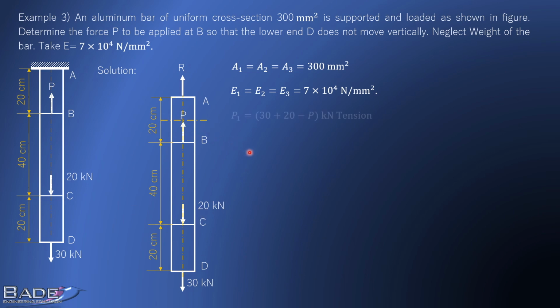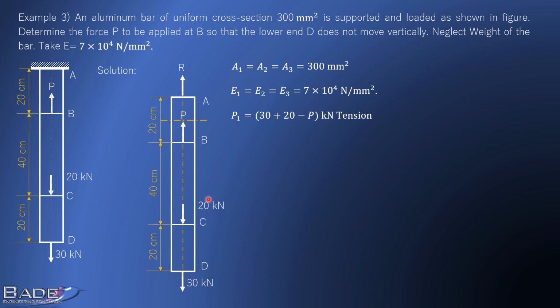And therefore, I can write P1 as 30 pull, 20 pull. Pull is tension. Since we are adding forces, taking into care nature of the forces, we use sign convention pull positive and push negative. So 30 kilonewton is a pull type of force on this cross section. 20 kilonewton is a pull type of force on the cross section, that's why positive. And P is a push type of force on the cross section, that is why negative.